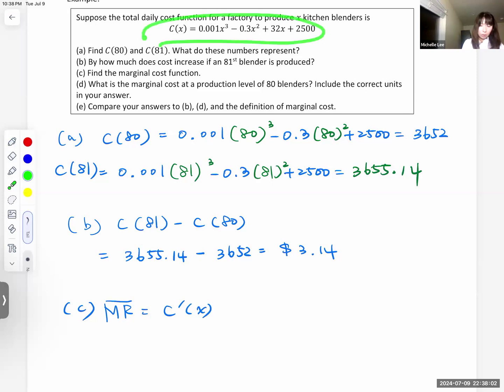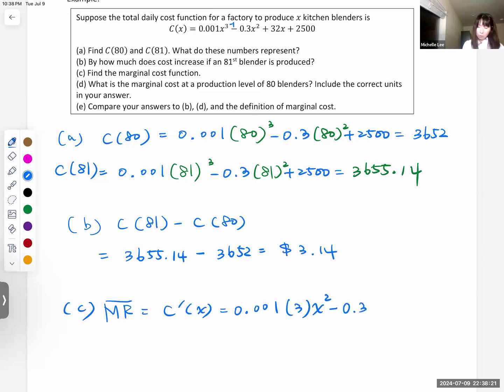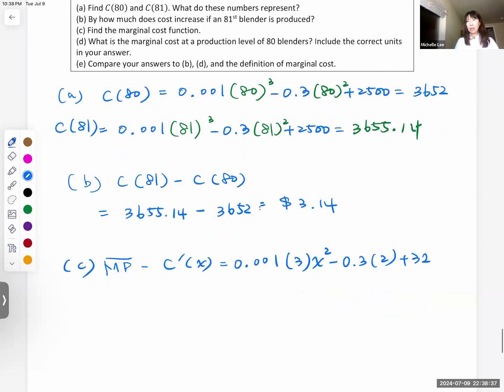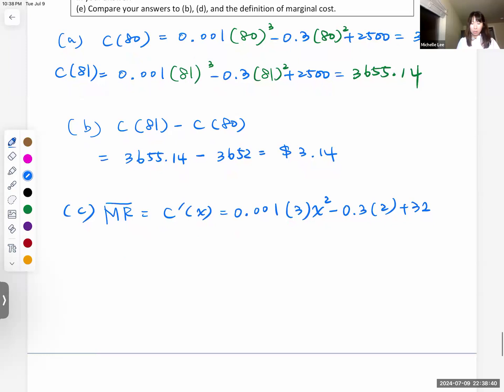Okay, let's read this one. We keep the coefficient, then drop the power and reduce the power by 1. So the second power, right? Minus, keep the coefficient, drop the power, reduce by 1, which is 1, right? And then the third one, 32. And then the last term is 0, right? Okay. Now, there will be